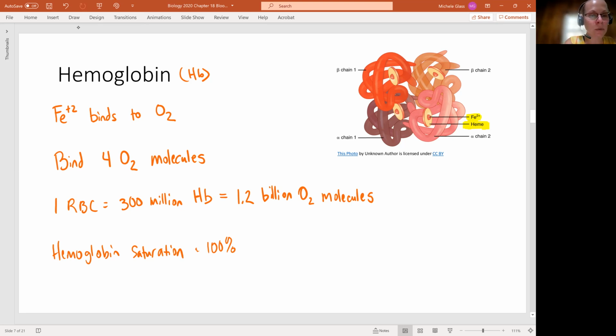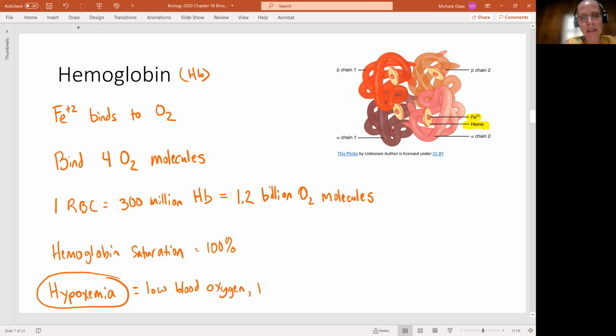Now, if we experience what's called hypoxemia, then what we have going on here is a low blood oxygen, meaning we don't have all those seats taken. And what we're going to see is that the kidney is going to increase the production of EPO in order to increase our number of red blood cells. And so by giving us more of these boats, more of these oxygen transporters, hopefully we can get that oxygen